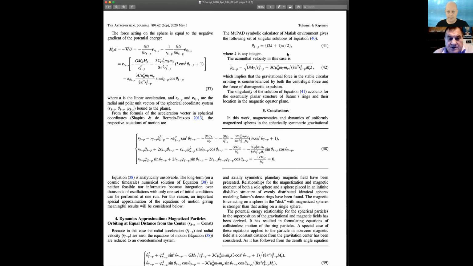Okay. So an important fact is that the singularity of the solution presented in expression 41, which is the angle equal to plus or minus half of pi, means that it accounts for the essentially planar structure of the Saturn rings and their location in the magnetic equator plane, which coincides with the equator plane. So now we can go to the,